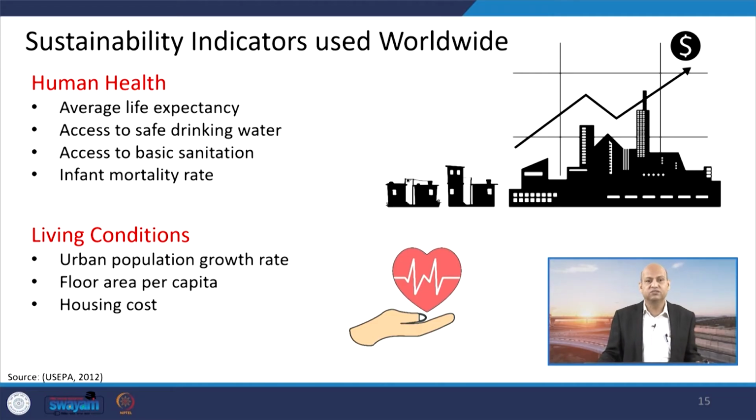Then living conditions, so population growth rate in a city or floor area per capita, housing cost, etc., are the part. For example, I remember when I was doing postdoc in Germany, I got to know that for a family, if you want to go renting a house, then there are certain rules and regulations. You cannot live in a small place. There are certain space or area which is compulsory for a quality of life. So, how many members are there in your family? Accordingly the floor area should be ensured for better living, otherwise it is not a good way or sustainable life, you can see.